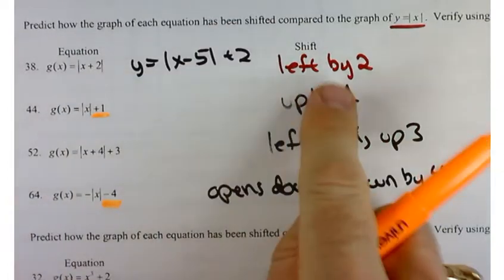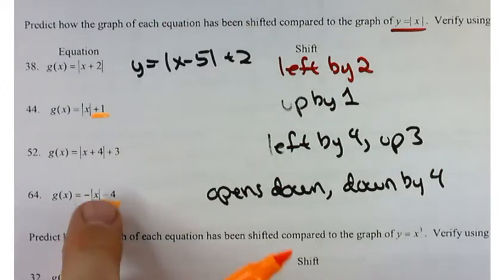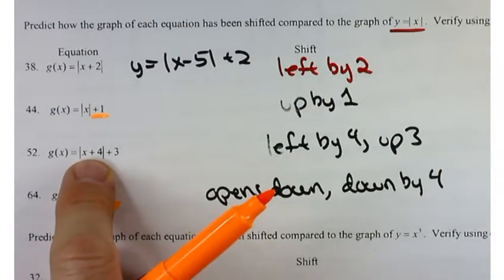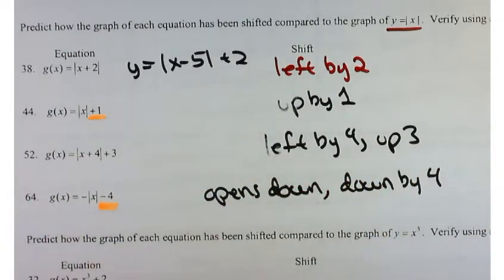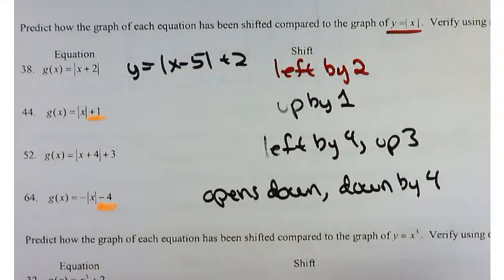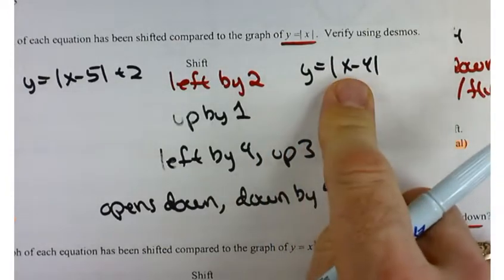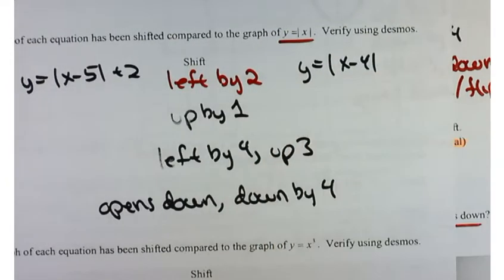Plus 2 would be shifting to the left by 2, not to the right by 2, to the left by 2. Likewise over here, plus 4 shifts to the left by 4. If I had a minus 5, that'd be shifted to the right by 5. So if I had y equals the absolute value of x minus 4, that would be shifted to the right by 4. So, yeah. Now you can play with these things on Desmos,